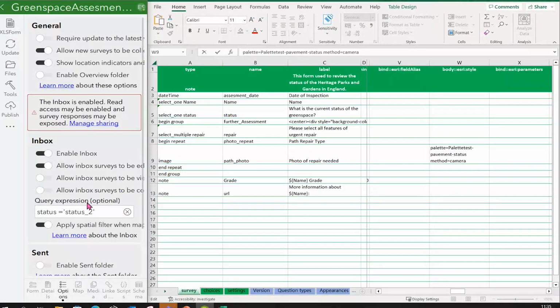In this case, all you'd have to do is select the feature that you'd like to have an inbox query based off of, in this case, the status of the paths, and I want inbox workers to only see a submission in their inbox if the status of the path is a 2. As you can see,